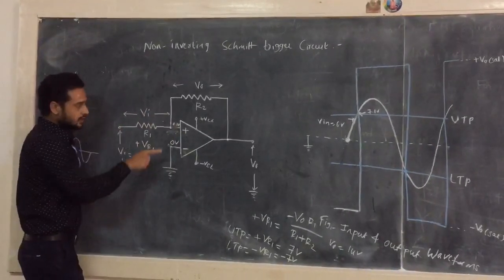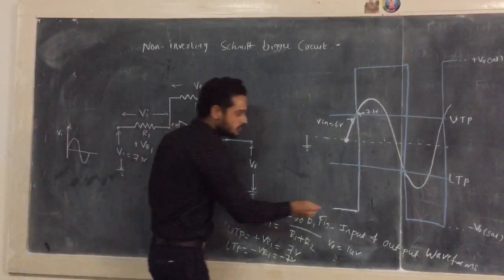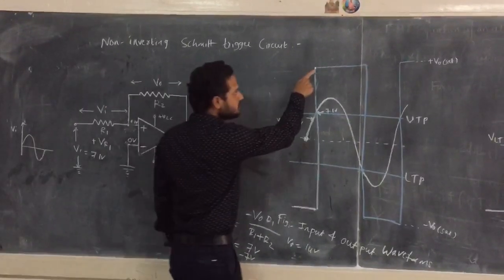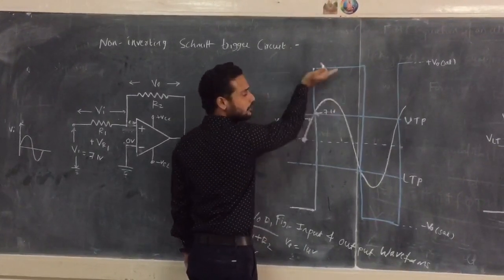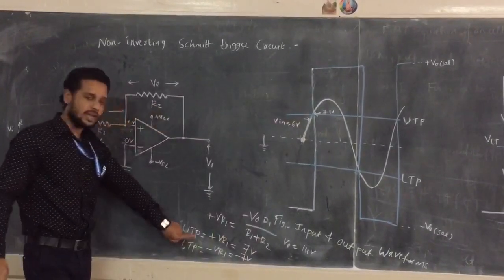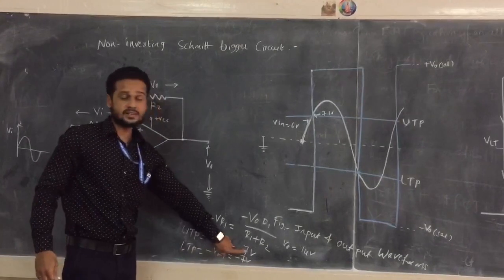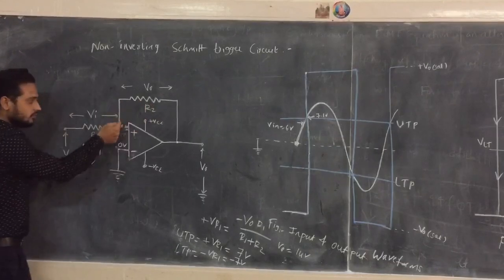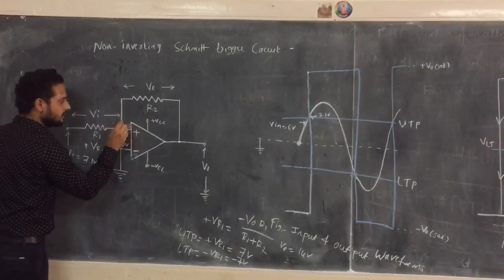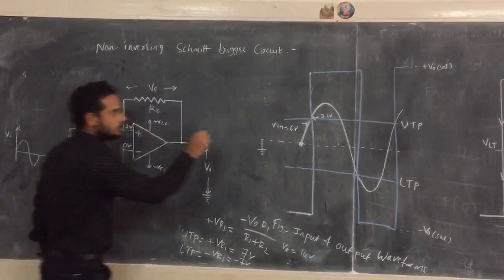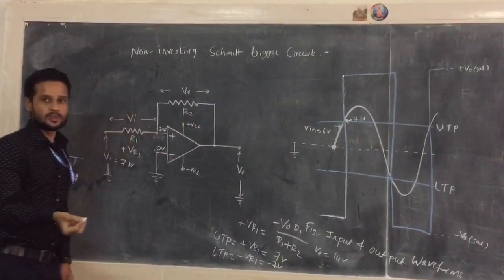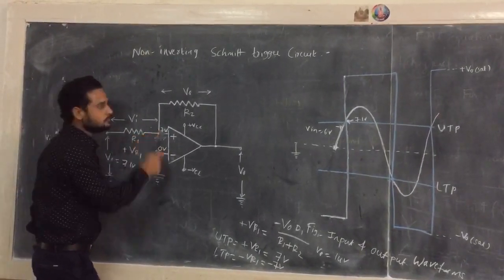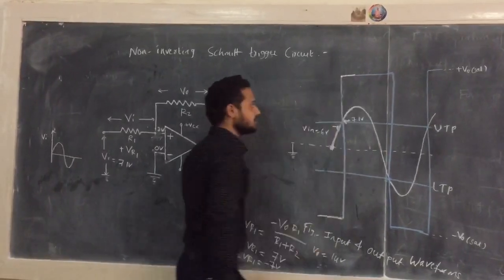So where the voltage is more, this makes the output switch from minus V naught saturation to plus V naught saturation. Now at plus V naught saturation, the output value will be positive. If the output is positive, what will be the value of the upper triggering point now? It will be plus 7 volt. Now this 7 volt output voltage will be developed across this resistance R2, which will be fed back as input here. The voltage available at this point is 7 volt, and this has to be added to that 0.1 volt. So here we will get 7.1 volt. So the voltage at the non-inverting terminal of the op amp is still more, and the output remains at plus V naught saturation only.